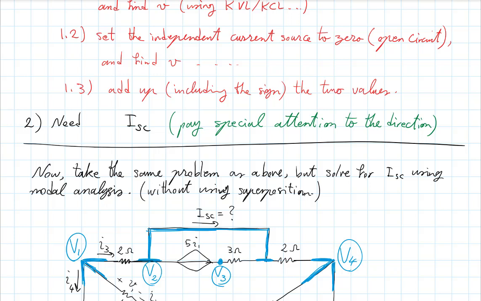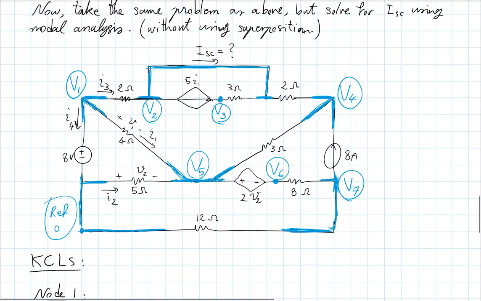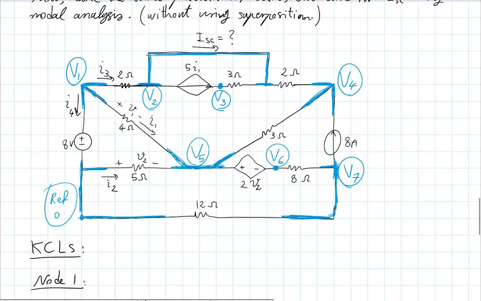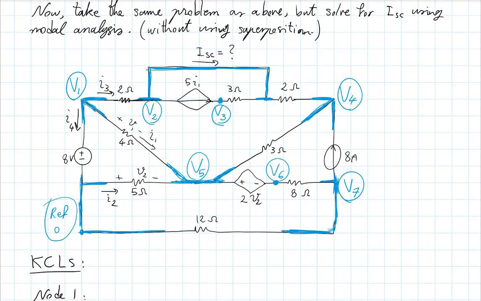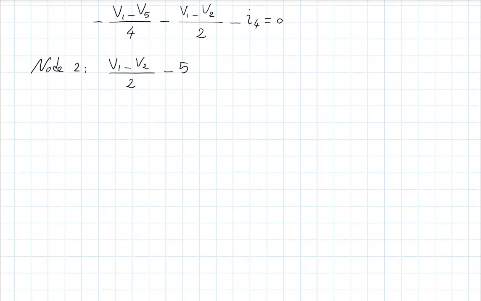Again, nothing wrong with the statement I had written, but I want to just deal with the full node in one go. So I have I3 going in, V1 minus V2 divided by 2, then minus 5I1. Now, I1 itself, we've seen before, is V1 minus V5 divided by 4. So minus 5